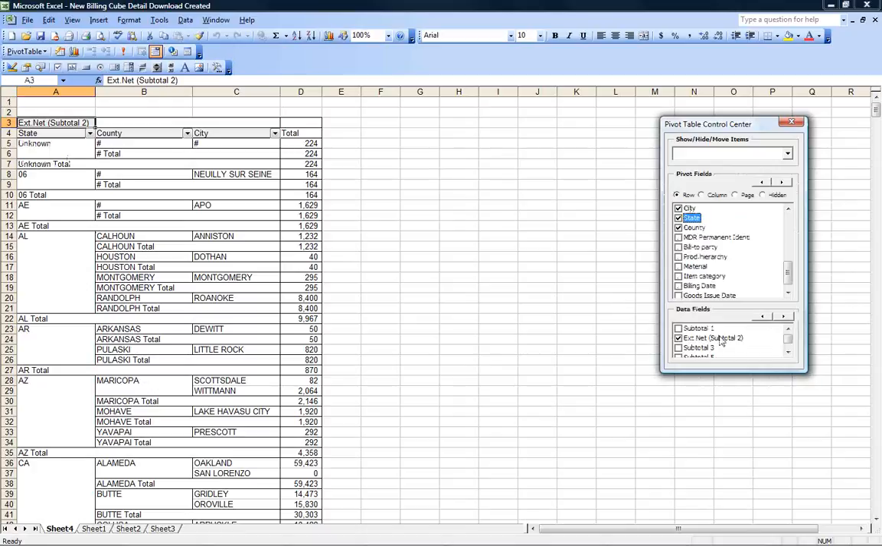That's an example of how you can use the Pivot Table Control Center to rename pivot fields or pivot field